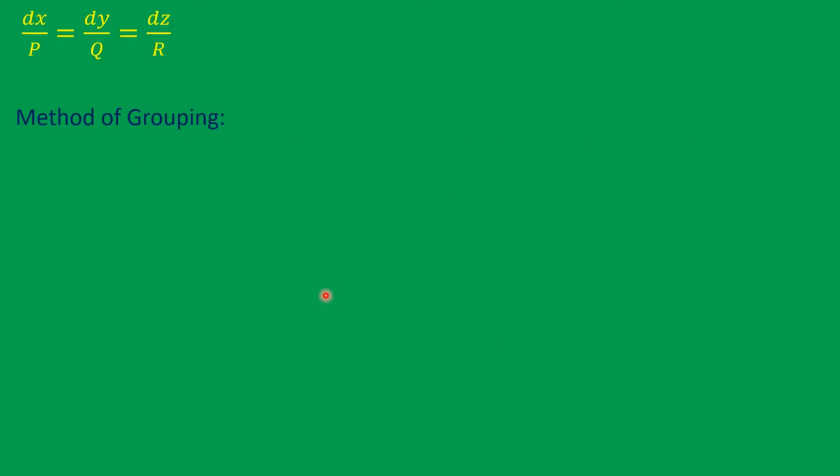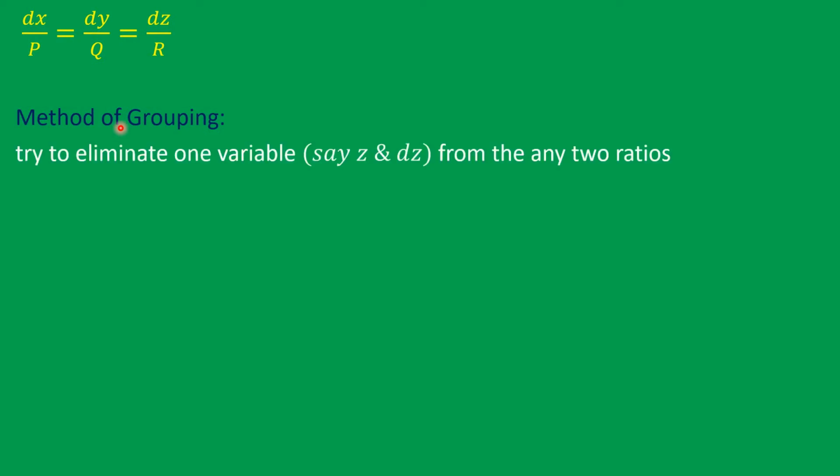So the first method is the method of grouping. Here we will try to eliminate one variable, let's say z and its derivative term dz, from any two given ratios. So we will reduce this to a differential equation which contains only two ratios or two variables, and then we will solve that by using the regular method. Suppose here we eliminate z and dz terms, so we'll get something like this: